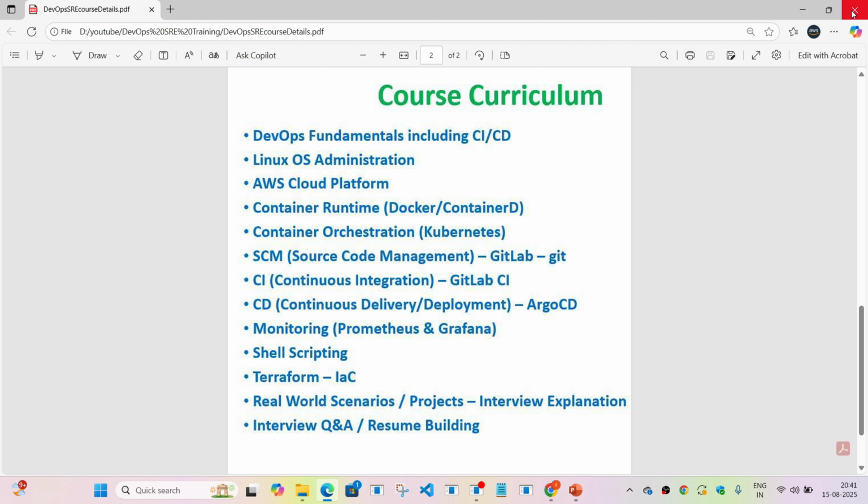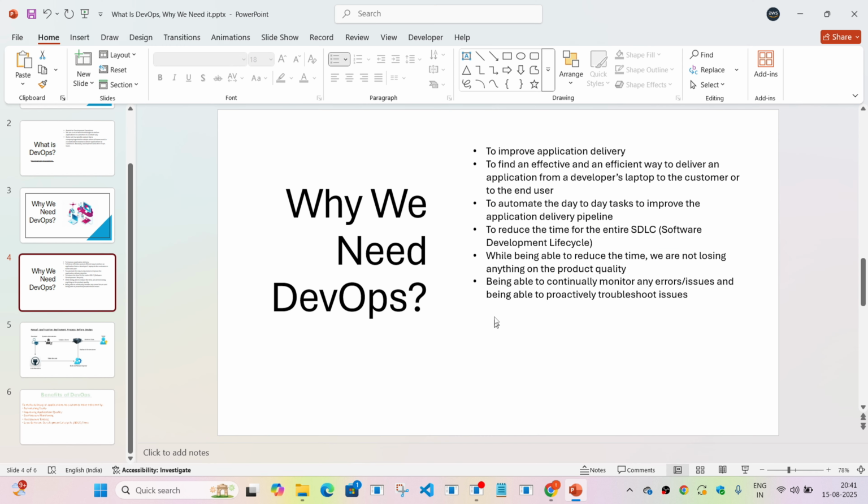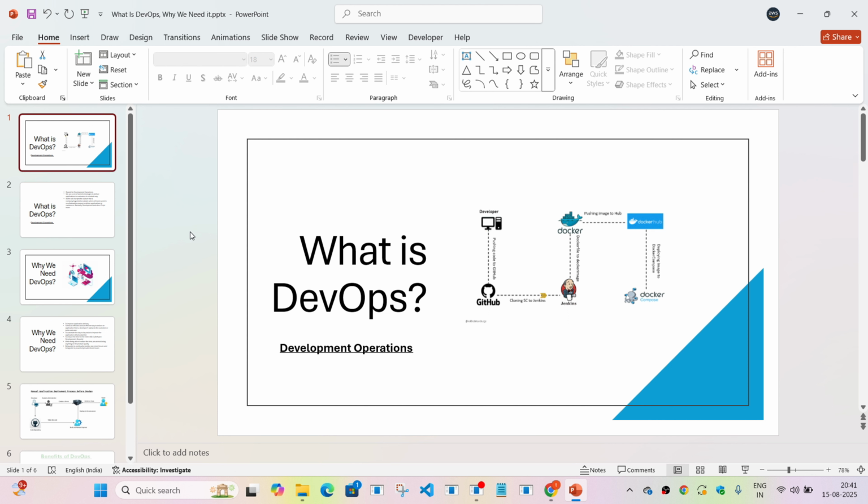Okay, so I'll just close this, and let's talk about some of the fundamentals of DevOps, which are really important. In this session I just want to cover that. And then you can decide whether you want to be part of the course or not. So first thing is, what is DevOps? In general, why are companies adopting this approach, why does everyone want to learn DevOps, and why are there so many opportunities in this domain? So we should know the core concepts.